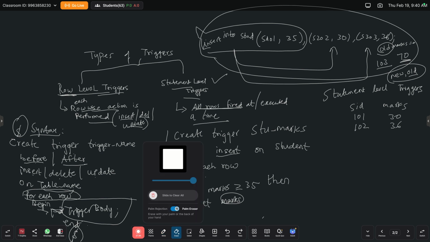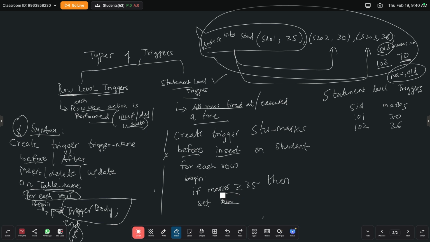Set marks equals to, set what marks I need to set? Old dot marks equals to new dot marks.